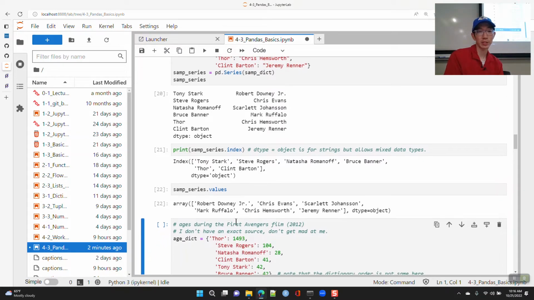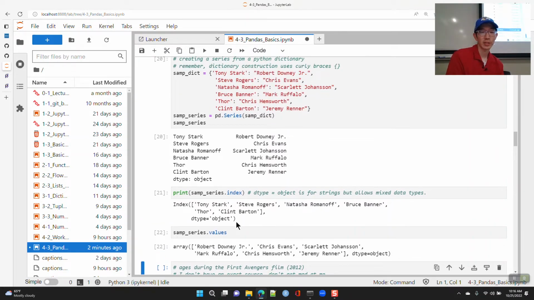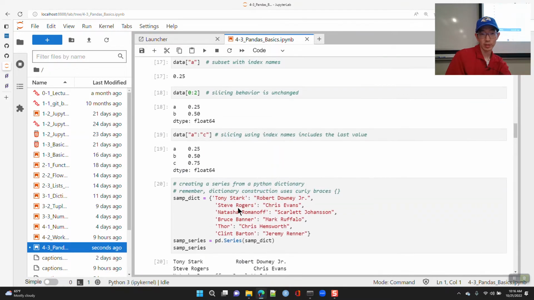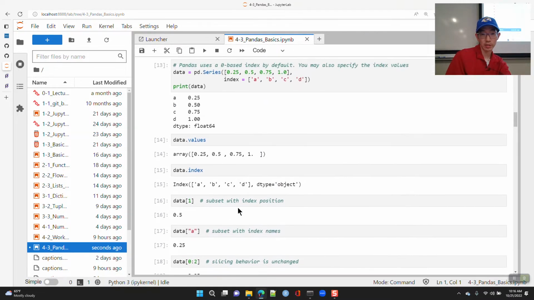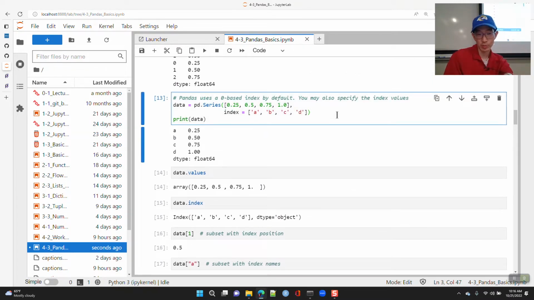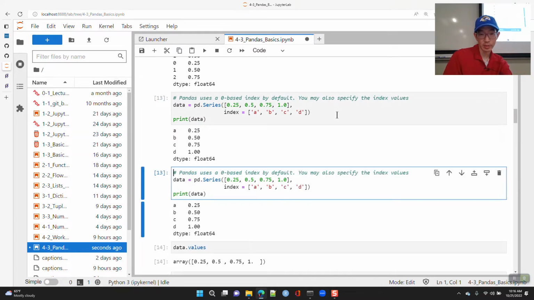Question: what if you specify an extra index, like maybe 1 to 6? Let's try this out.